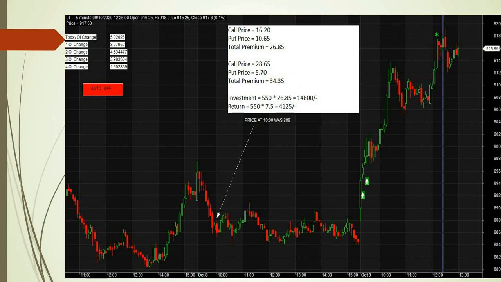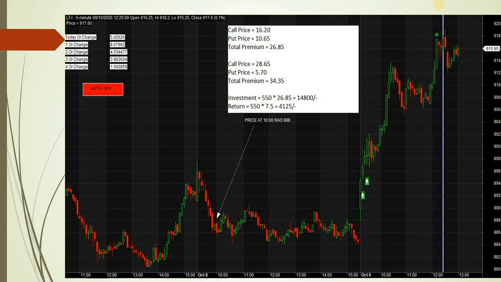And what we are expecting after entering the position is to take a profit of at least 20% of the premium, or in other words, we are expecting the stock to give a move of about 5 to 7%. Let's say we calculate a 5% range. 888 into 5%, calculated on the higher side, comes to 932. Although on 9th of October the stock made a high of 918. So we will check at the 918 level how my strategy performed.